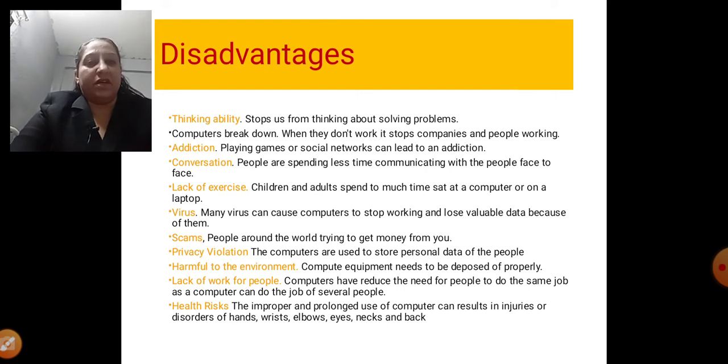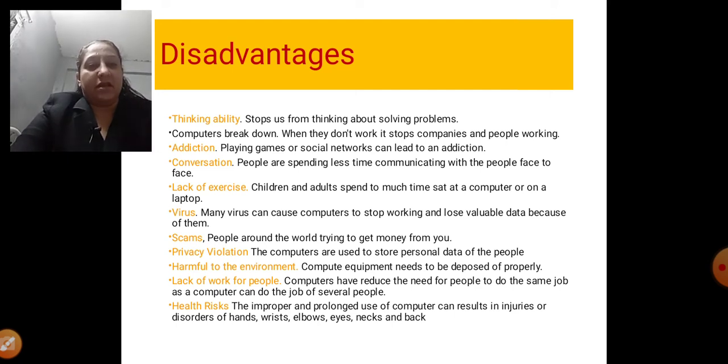Next is harm to the environment. Any digital gadget gets damaged; a mobile does not last for more than 4 to 5 years, and when it is unused, we just discard it and buy a new one, but we don't take care of how it is being destroyed in the environment. Any IC or circuit of a computer or any other electronic gadget, it might be a television, computer or mobile, is not destroyed so easily, and is not recyclable. Of course they are causing a lot of harm to the environment, and we must take care of it.